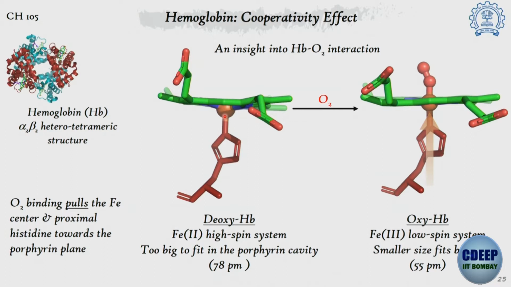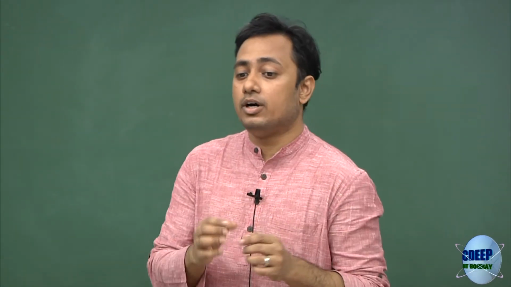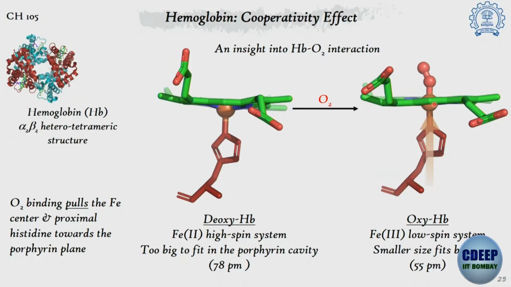And then what happens? The oxygen binding. Once the oxygen binding happens, there is a 6th ligand coming from the other side, so that there is a bond formation between the oxygen and iron. So obviously this bond formation will try to pull the iron to the top, but that is not all. During that binding with oxygen, iron changes its spin and oxidation state. It goes to iron +3 low spin state, and due to this shift of spin and oxidation state, it shrinks down to now 55 picometer, and with this size it sits very nicely in the porphyrin ring. So here you can see the iron is sitting in the middle of the porphyrin ring.